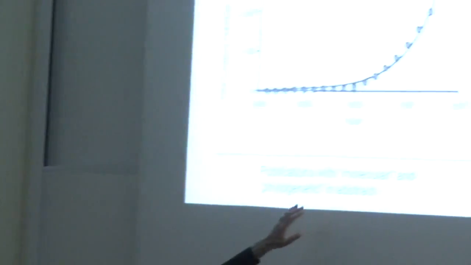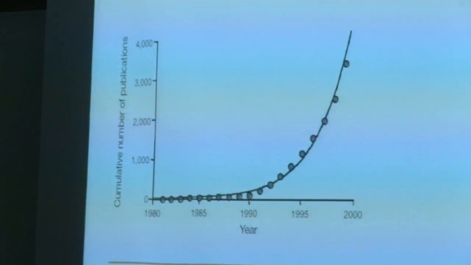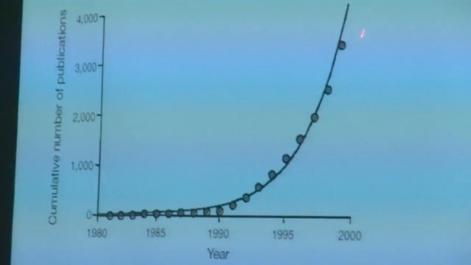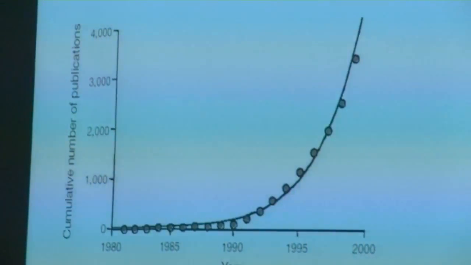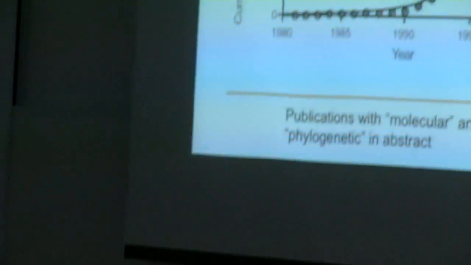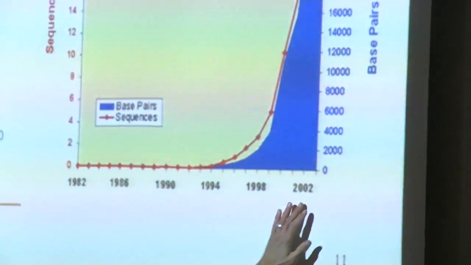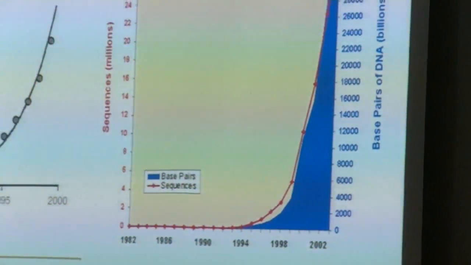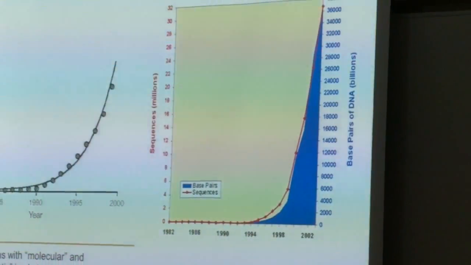This is just a little graph showing the number of papers published with the word molecular and phylogenetic both together somewhere in the abstract. So this finishes in 2000. This curve has continued to grow like this. So nothing much was happening in the 80s, but it's really taken off. If you look at the amount of data in genetic databases, a similar story. You had very little data there, and then suddenly, this is 2002. This is like more than 10 years ago. This curve has continued to grow like this, but I just wanted to show you the beginnings of